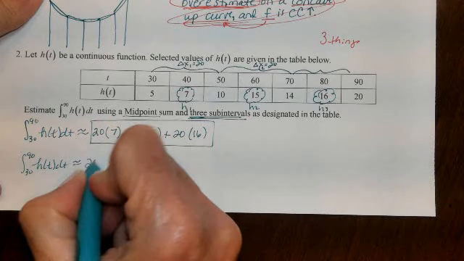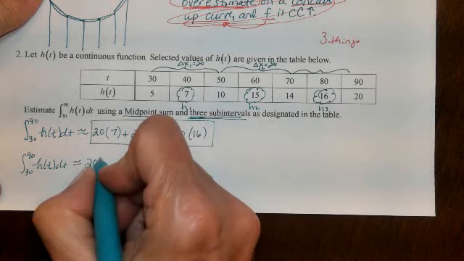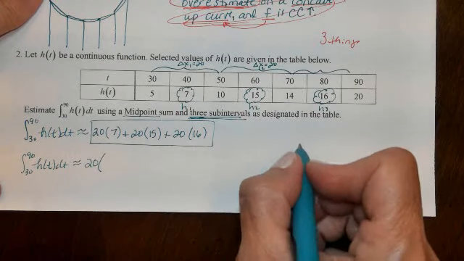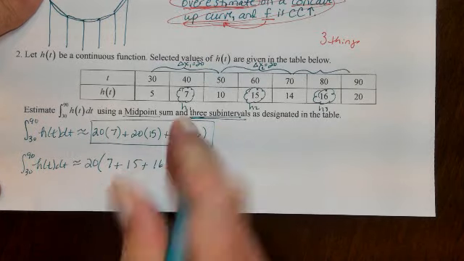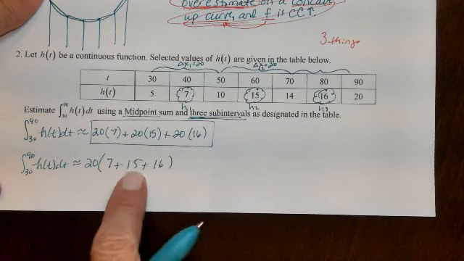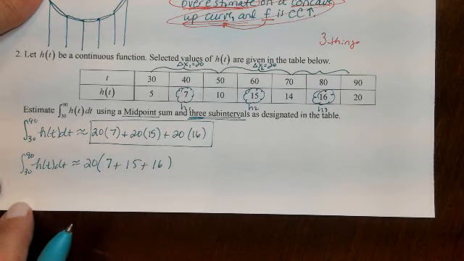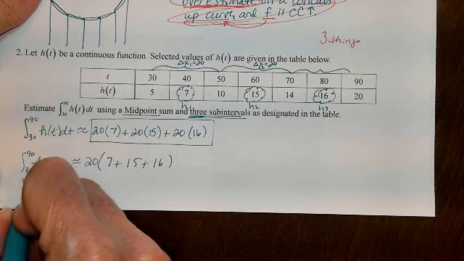We could have, since delta x was the same, when delta x is the same all the time, you can go ahead and begin by taking that out of all of the terms. And then write 7 plus 15 plus 16. But I do not actually add these together. Leave them separate. I need to see the 3 heights that you used. Okay? The other way that I would accept